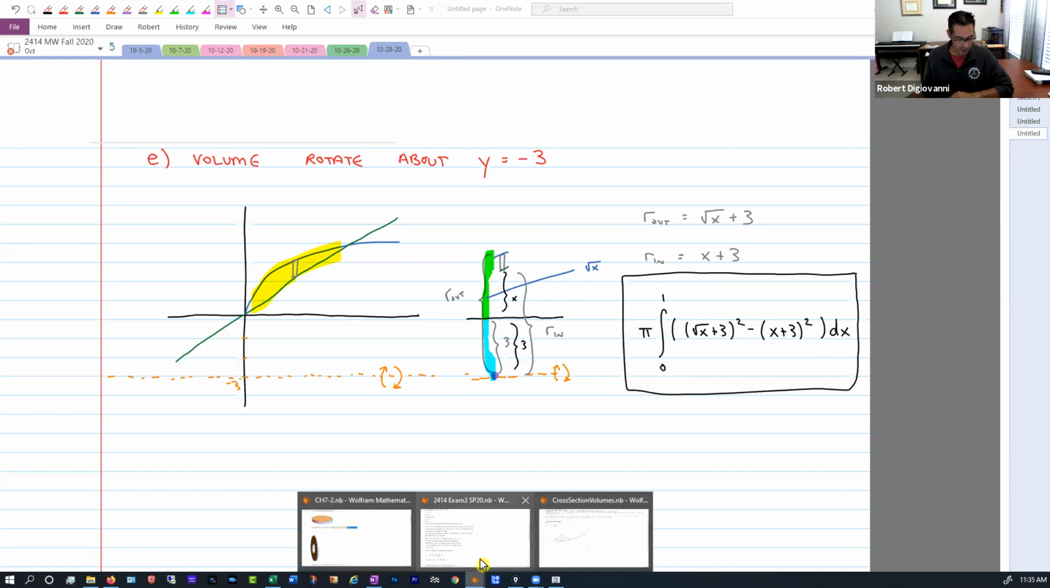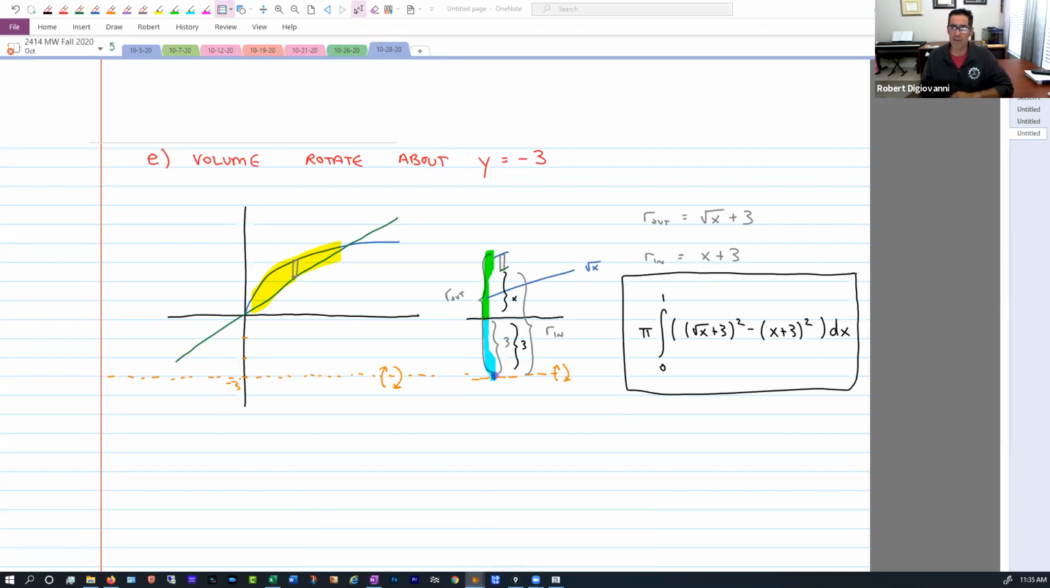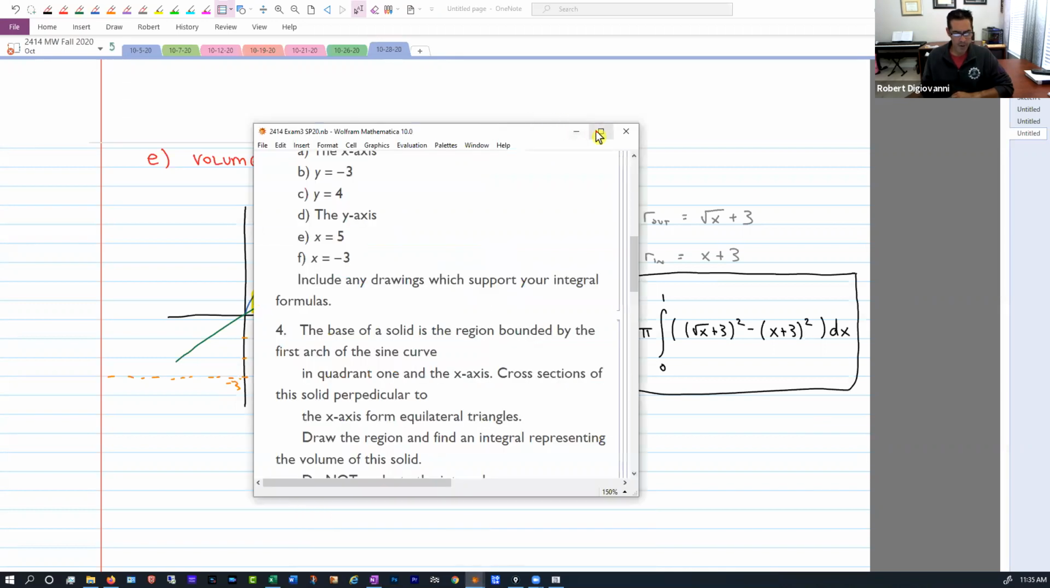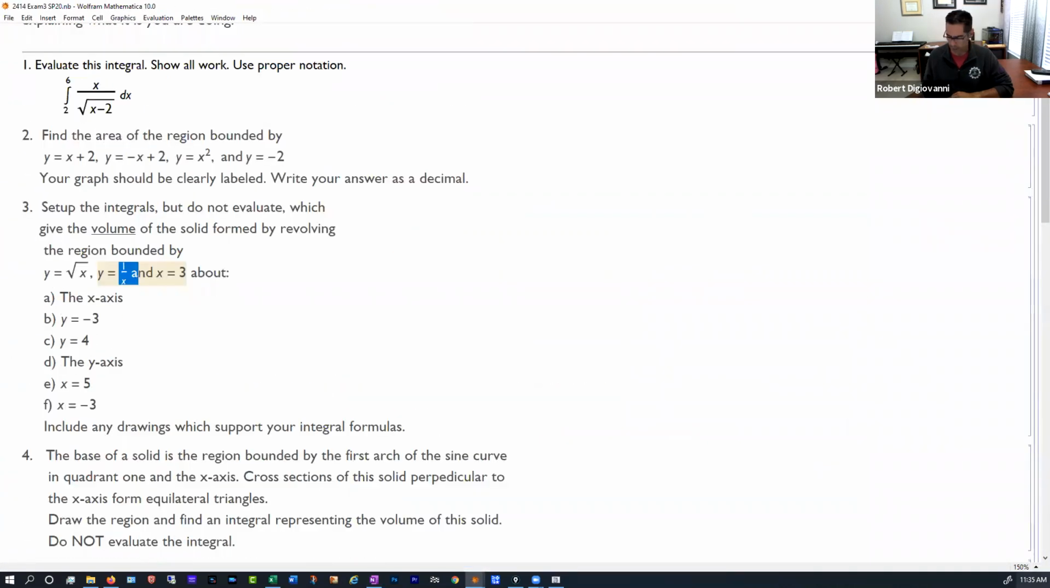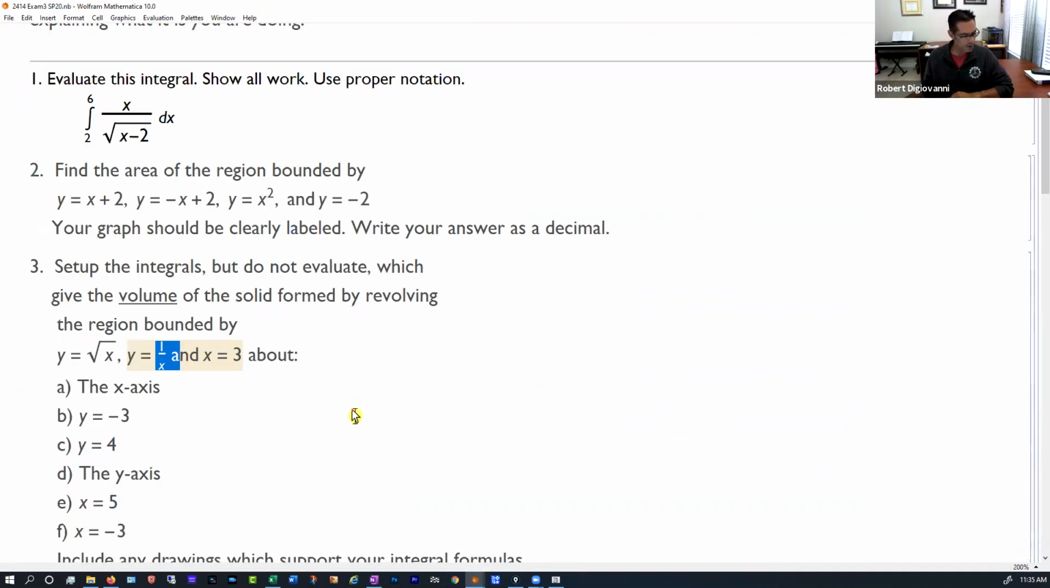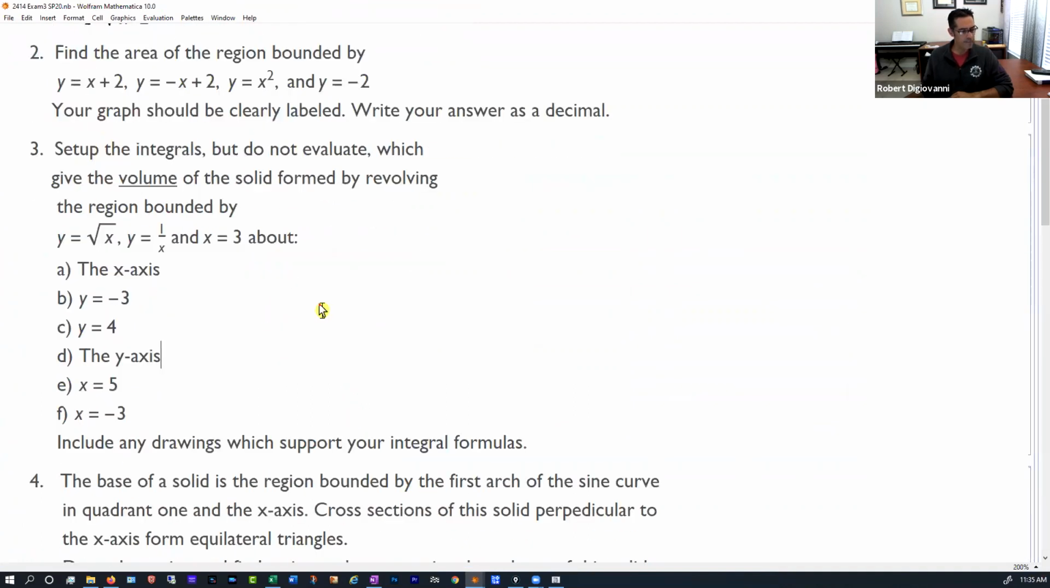In fact, I have an old exam here that I can show you where, let me make this a little bigger. Look at number 3. Well, look at number 2. Find the area of the region bounded by these curves. Your graph should be clearly labeled. Write your answer as a decimal. So I wanted that area, you know, take it all the way. And then the next one was set up these integrals, but do not evaluate them, which give the volume of the solid formed by revolving the region bounded by